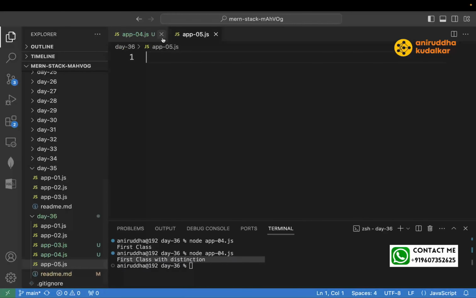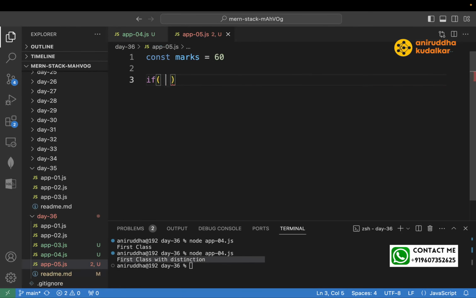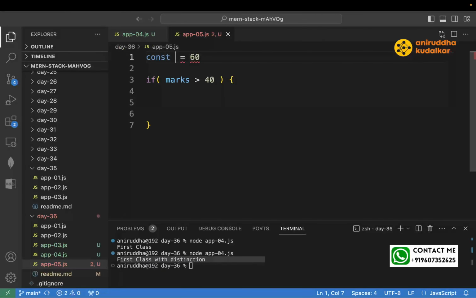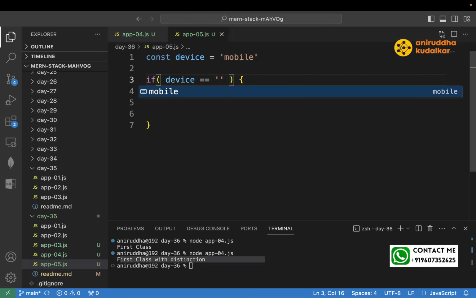Now there is one more flavor of if else. app05.js, const, nested if else, marks is equal to 60. Now, if you write if marks are greater than 40, or let's take another example. Let's say device is mobile. So here we can say if device is mobile,